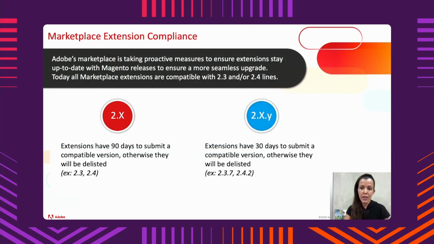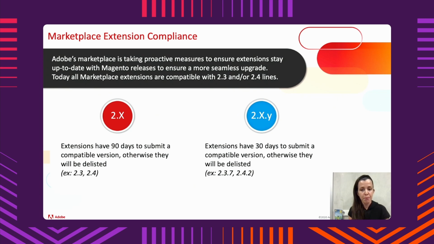Extensions are critical to any commerce store and a key part of the Magento commerce ecosystem. However, they can make an upgrade more difficult if they are out of compliance with the latest release. That is why we recently updated the marketplace terms and conditions. Now, after every minor Magento 2 release, extensions have 90 days to submit a compatible version, otherwise